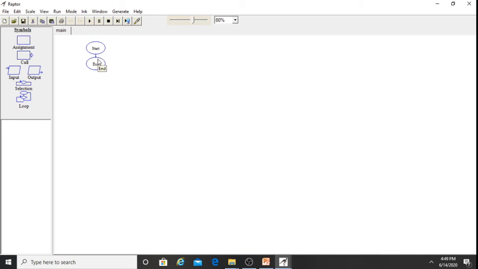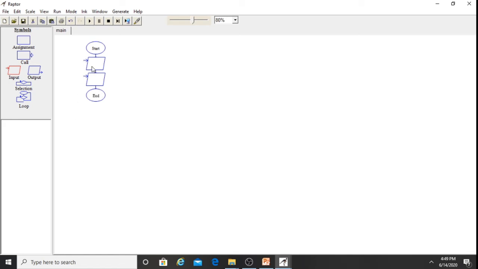First we will see how to draw a flowchart for adding two numbers. What are the inputs required? Two numbers A, B, and the output is their sum. So we need to add two input symbols first. Drag and drop this one. Next input symbol, drag and drop here.